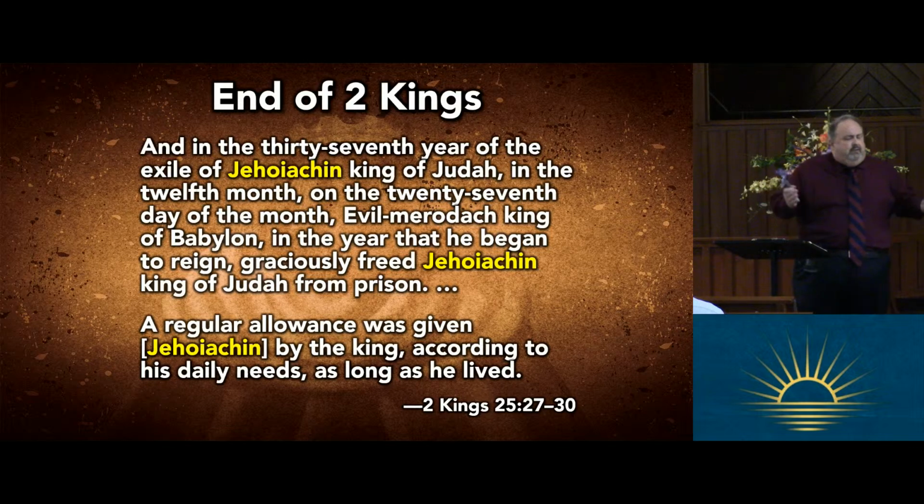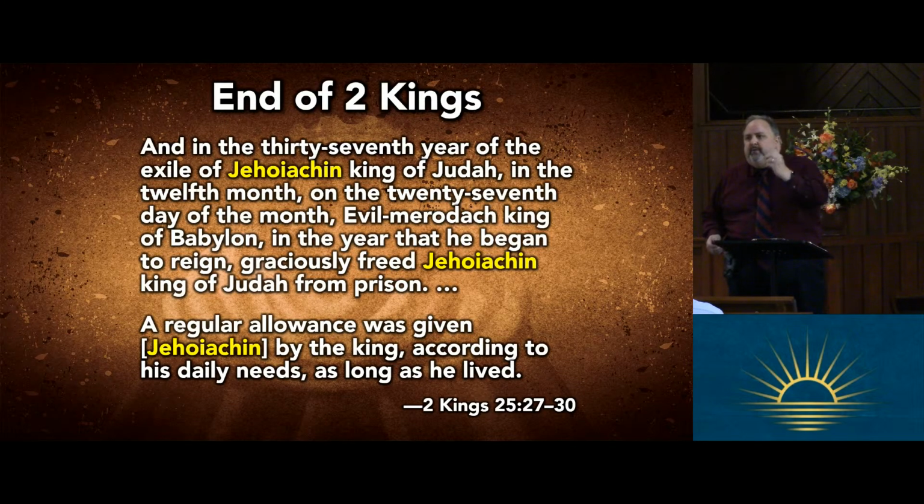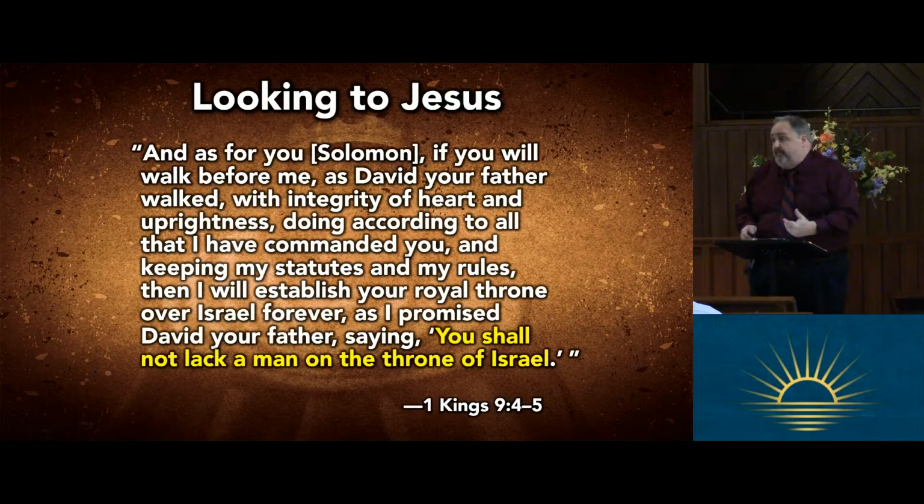Why does 2 Kings end with this little bit of good news? I mean, it's not much. He's still a prisoner, but he's allowed to eat at the king's table. Oh, this is horrible what has happened. God's people in Joshua enter the land, then they're kicked out of the land, but there's still a glimmer of hope. Why is that important to us? Because of Jesus. All those kings of David, including Jehoiakim, they're all related to David. What about Jesus? He is a direct descendant of David.